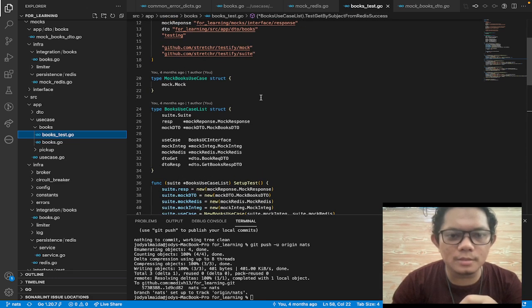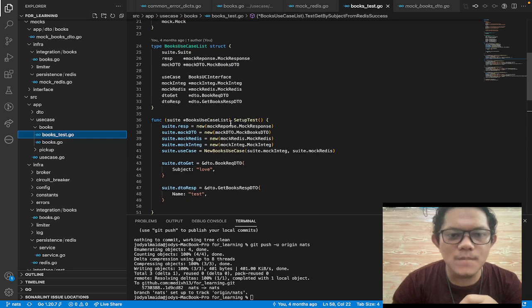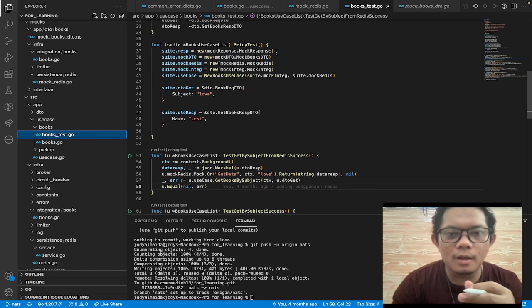This is the preparation. After I made the preparation struct, I make a setup method for this testing layer.